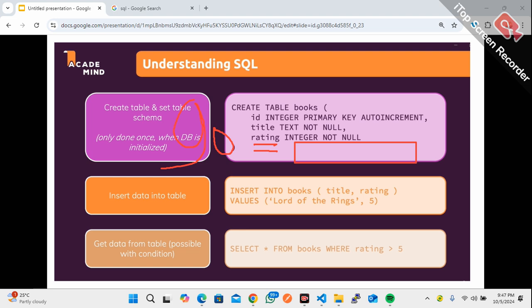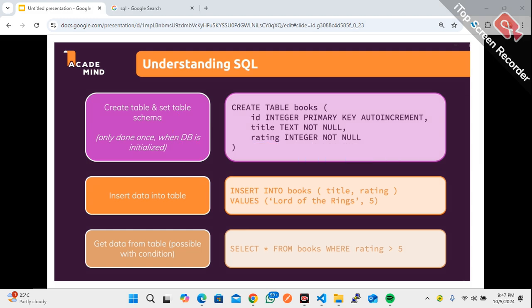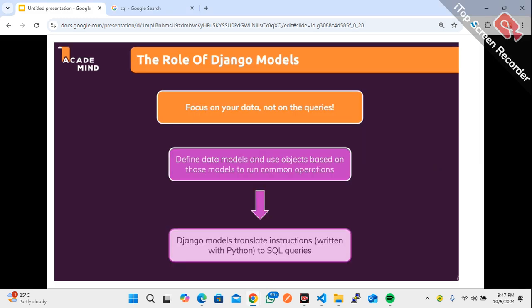Now, we are not working with SQL directly, but the Django model has already been defined, and the Django model will translate those instructions from Python to a SQL